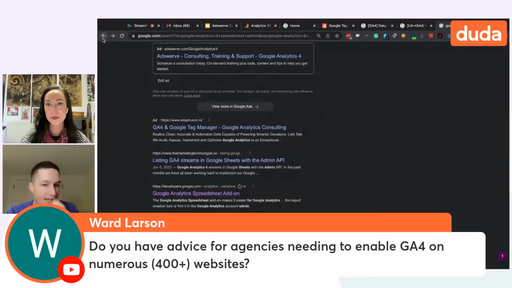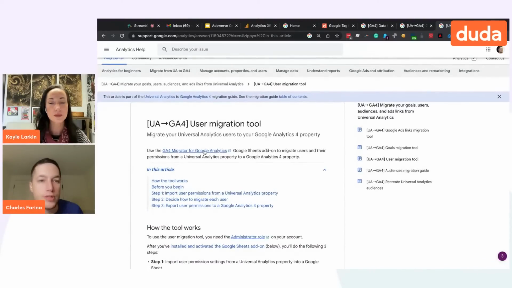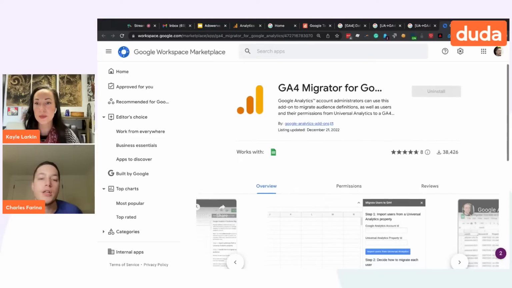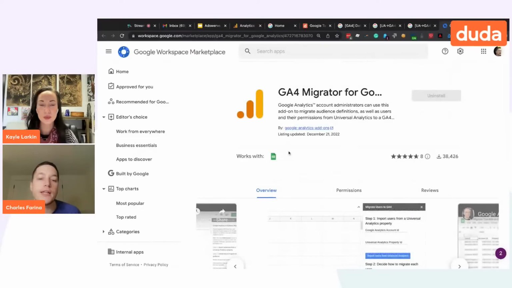Nope, there's a different one. We'll have to find it later. There is a spreadsheet that was made to do account migrations. Oh, I think it might be in here. Use the GA4 Migrator for Google Sheets. This is what you're going to find. There is a spreadsheet that will help you do scaled migrations very quickly, because it can basically take a config, it can take users, and you can manage it all through a spreadsheet rather than trying to click and navigate through the UI. This is something that we use at AdSwerve to help do scaled migrations. We actually built our own version of it. But using this is going to save you a heck of a lot of time and resources. So definitely check out the GA4 Migrator for Google Sheets.